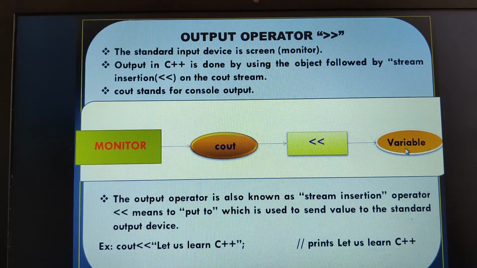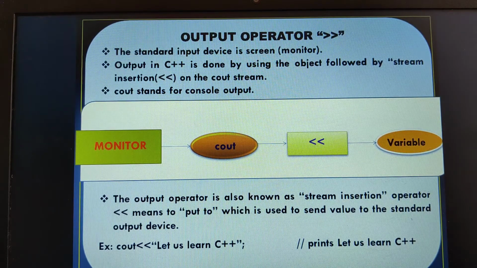It will take the contents from the computer memory, and with the help of the stream insertion operator, the cout object will insert the statement onto the output screen. It will fetch the contents from the computer memory.